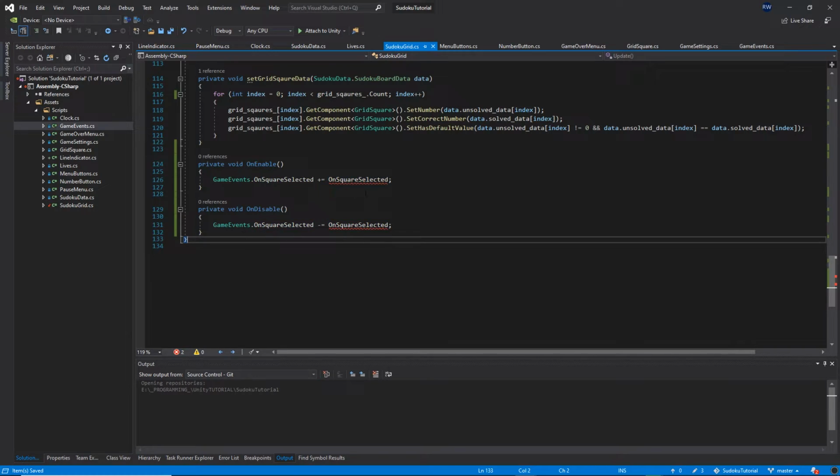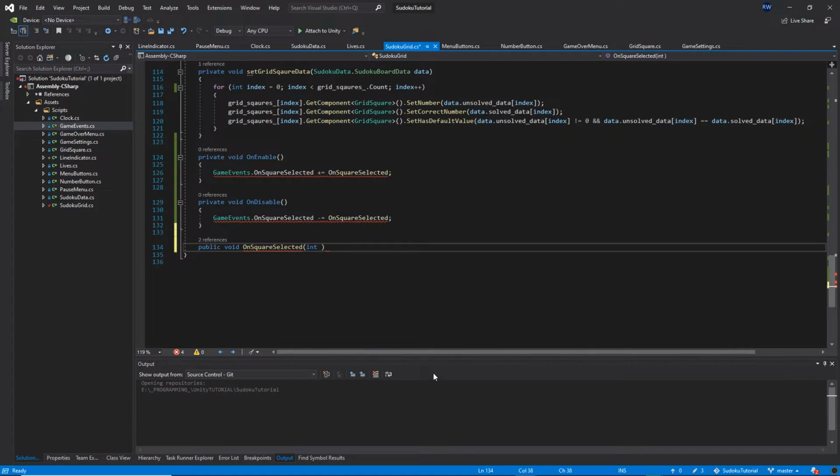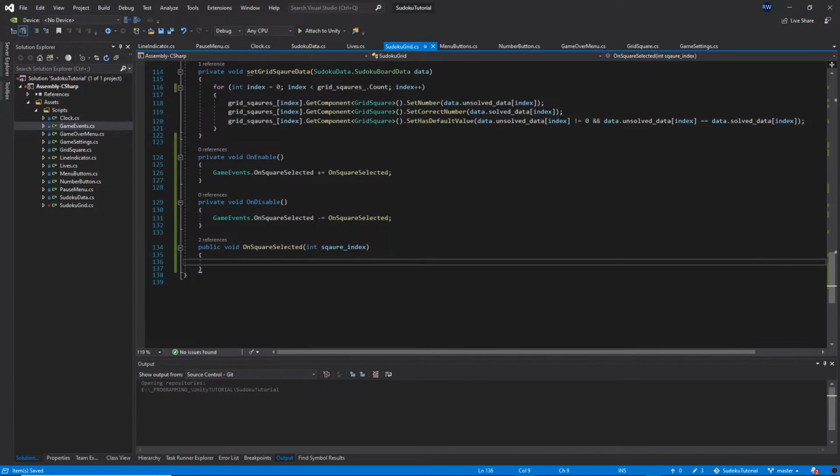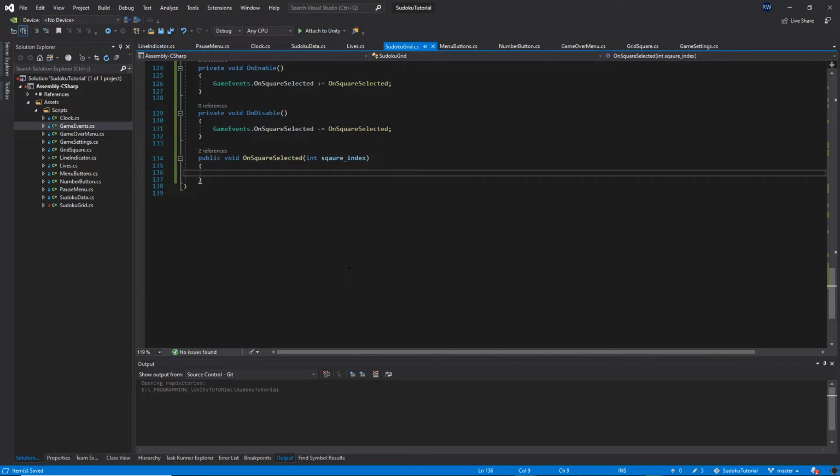And then we want to create this on square selected function right below. So it's going to be public void. We just paste this name, on square selected, with int square index. Okay. So first of all, what we want to do in this function, we want to create the